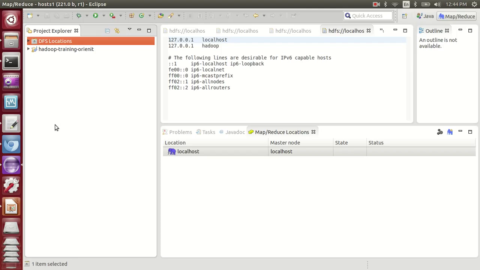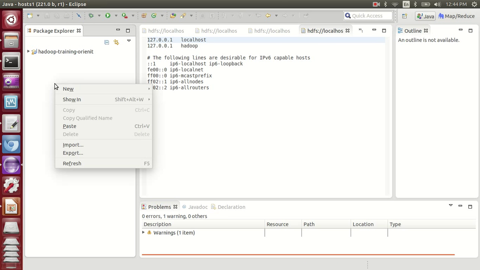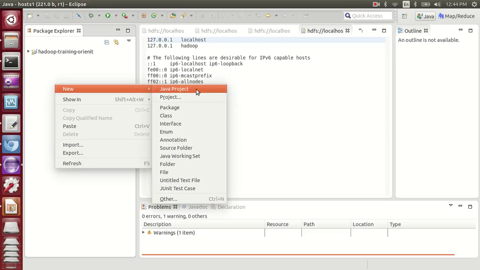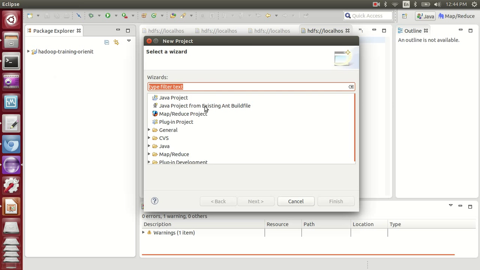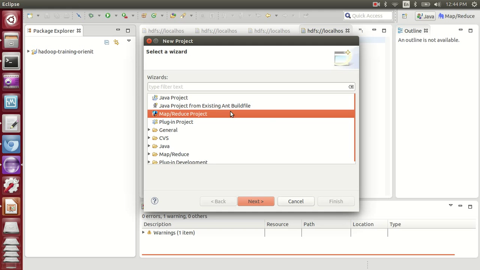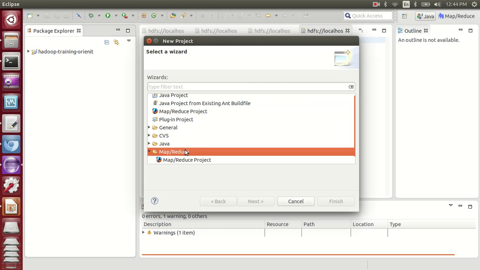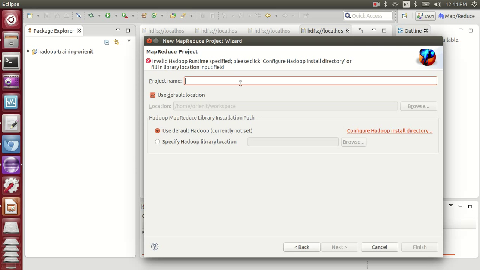So how to create that one is, right click on this. Right now the option is not given here, but you can switch to the Java perspective. Now right click here, go for New. It's not a Java project, so don't go with the Java project; click on Project, and you will have an option called MapReduce Project. Click on this one and give the project name as Hadoop